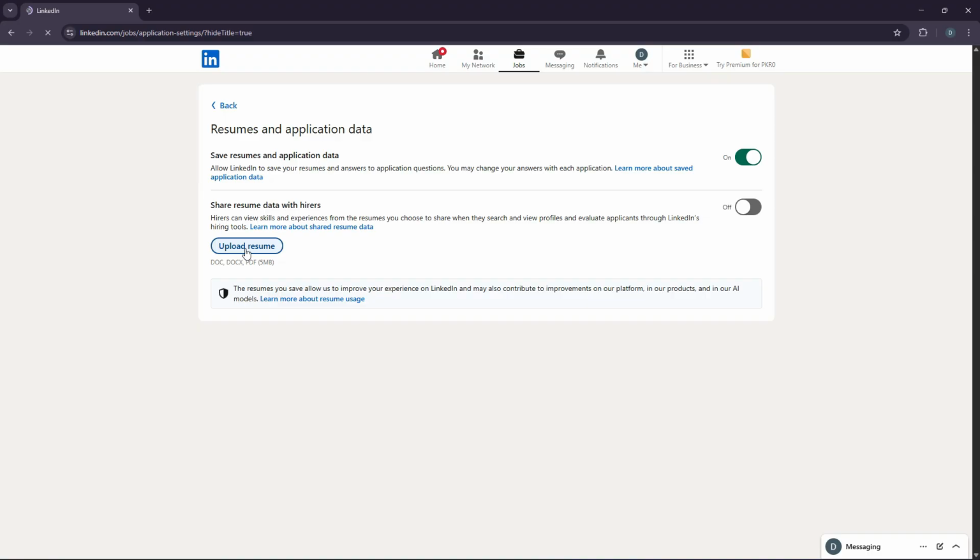Once you're inside Job Application Settings, you'll see an Upload section. Click on Upload Resume, and a window will open allowing you to select the file from your computer. Choose your latest resume, ideally a clean PDF or docx file. After uploading, LinkedIn will store it and even use the information inside to help autofill job applications, which saves you